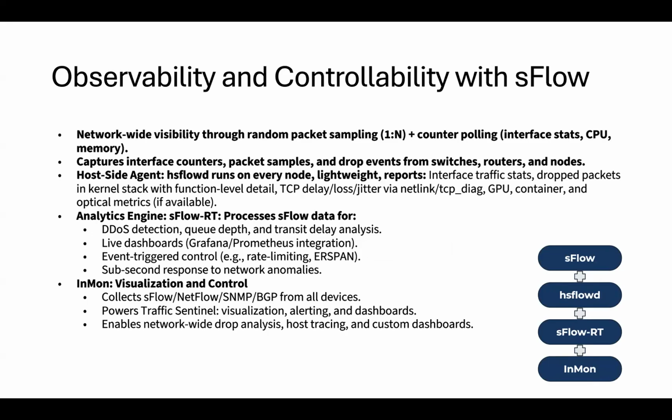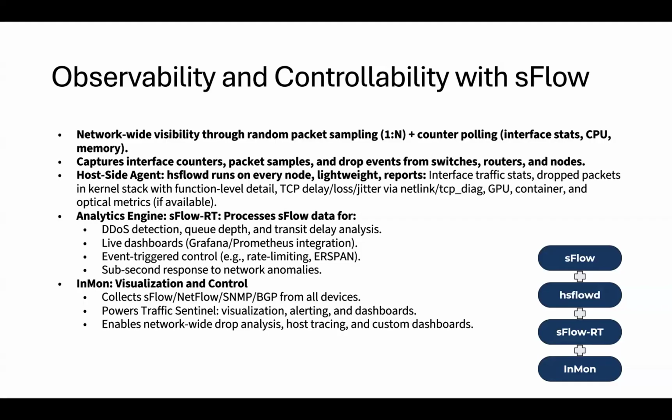So every node on the National Research Platform has SFlow and the SFlow daemon running on it. So SFlow and HSFlowD. That allows us to packet sample and look at the network in full observability on the National Research Platform and see drop events, see what's happening on the network in real time. And this is, of course, done by having, like I said, the daemon on every single node,